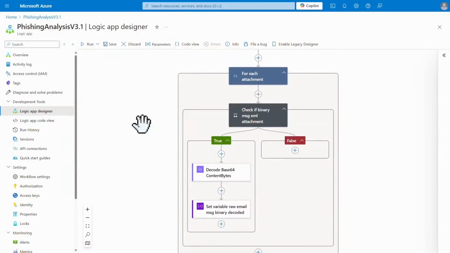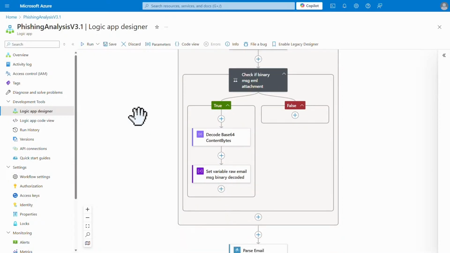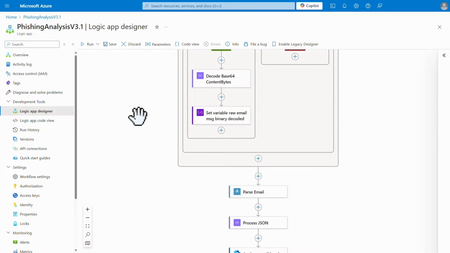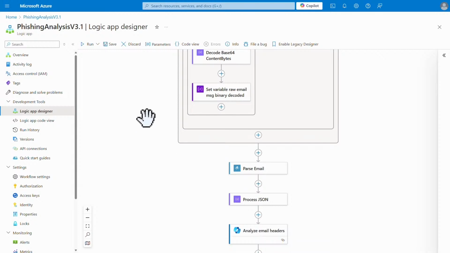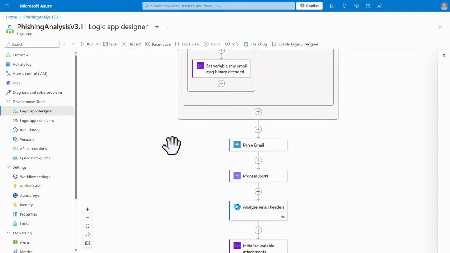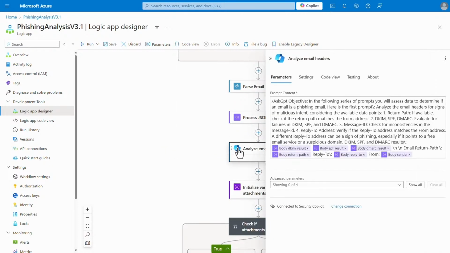So as we begin processing the email, the Logic app activates, and we've added a little thing right here called a function app. We could do a whole other hour on what function apps are and how cool they are. Just know that that's a little piece of Python code that's basically extracting elements from the email that will be interesting to analyze, such as the headers, as you see here. So what you're looking at is Copilot for Security integration, where we have a defined prompt that we've carefully written so that we get consistent results.